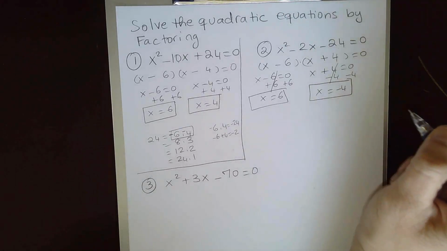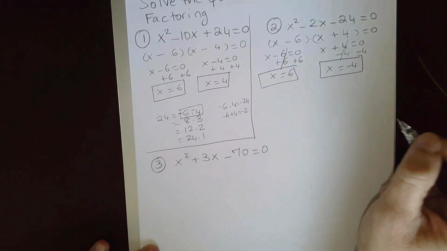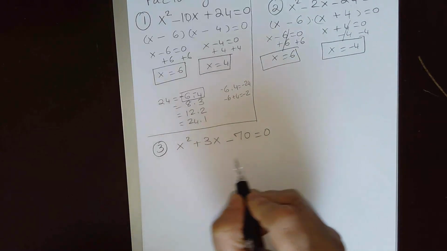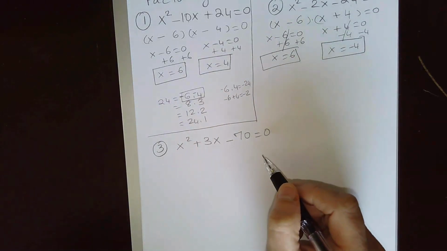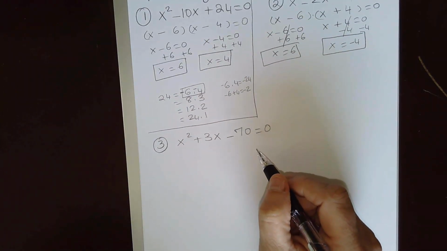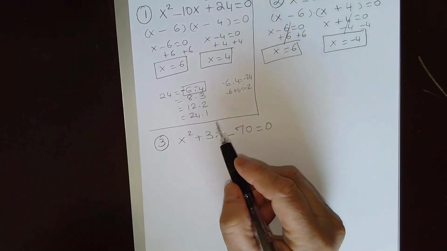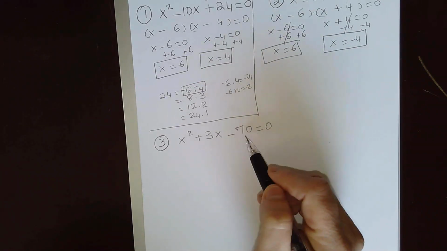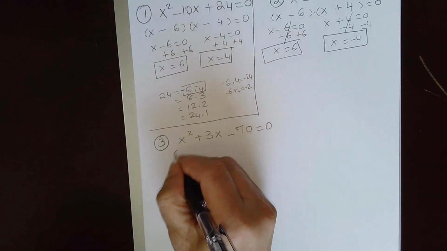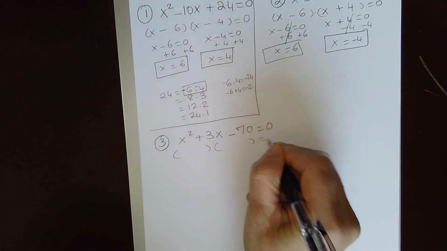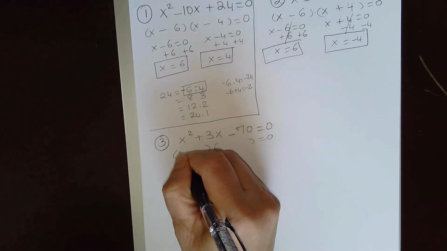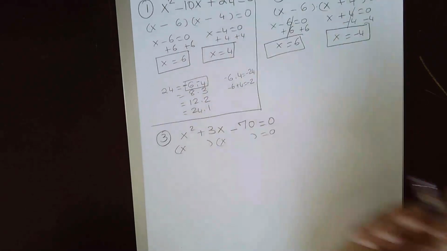All right. Now let's try one more problem here. x squared plus 3x minus 70 equal to 0. So right here, if I want to factor the trinomial on the left side, x squared, that is going to give me x and x here. Now I need to find